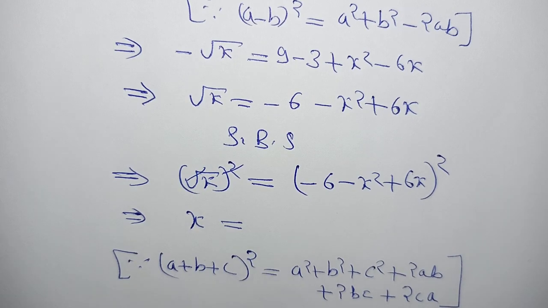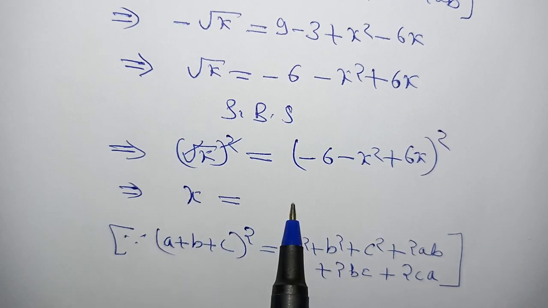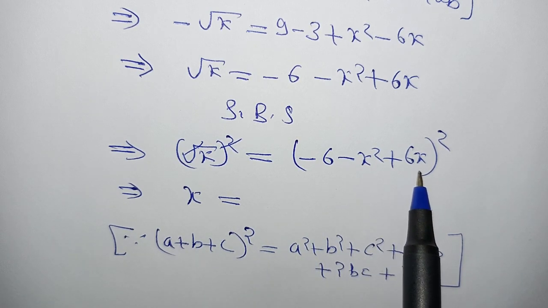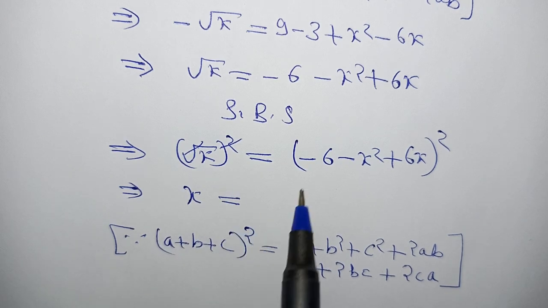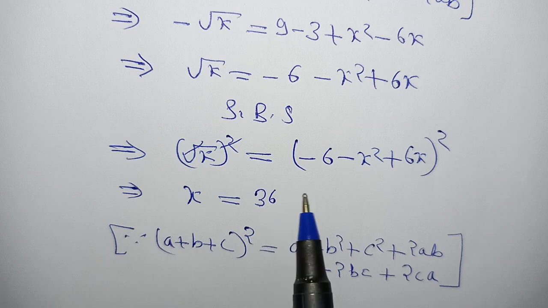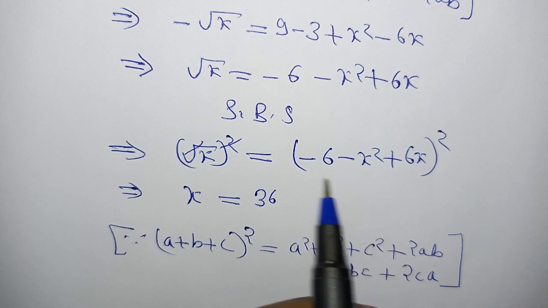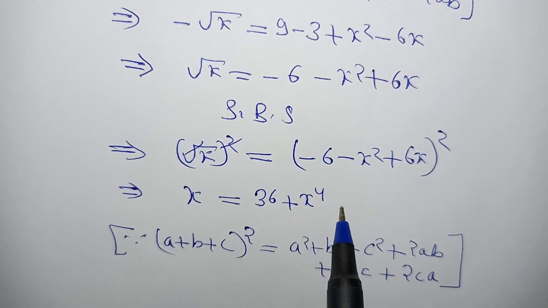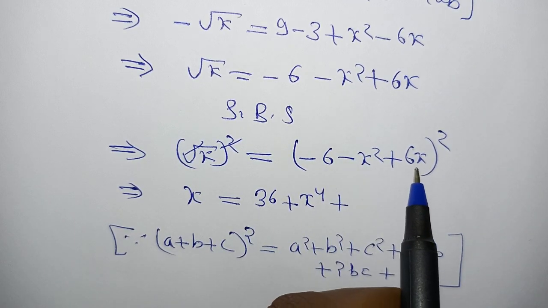So we apply this formula. Here the value of a is minus 6, the value of b is minus x square, and the value of c is plus 6x. So it will become a square, minus 6 square is 36, and b square, minus x square squared, will become plus x power 4, plus c square, that is 6x